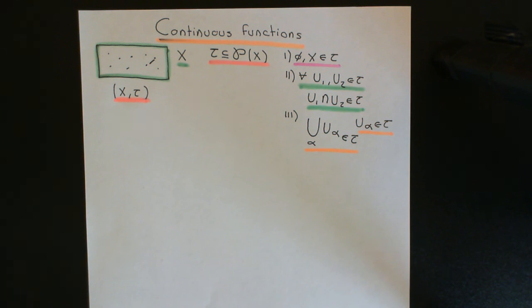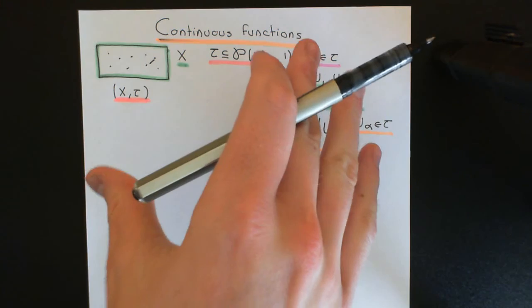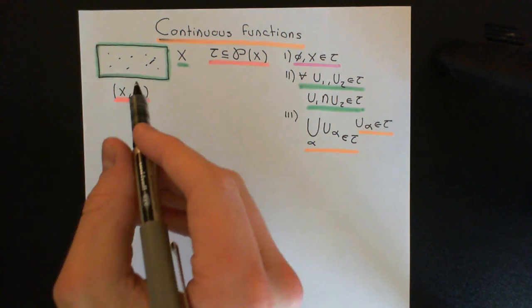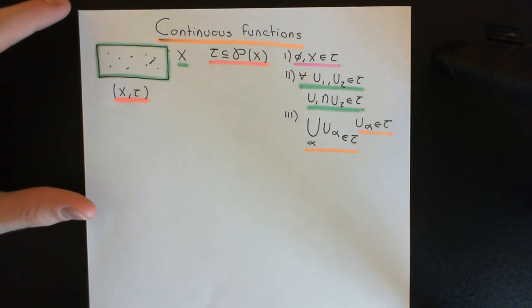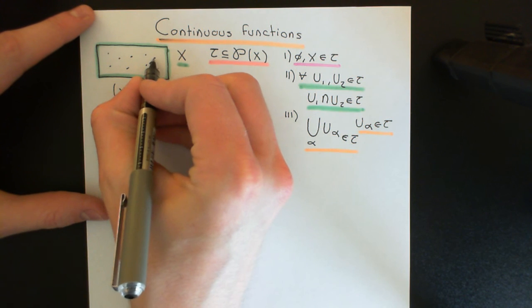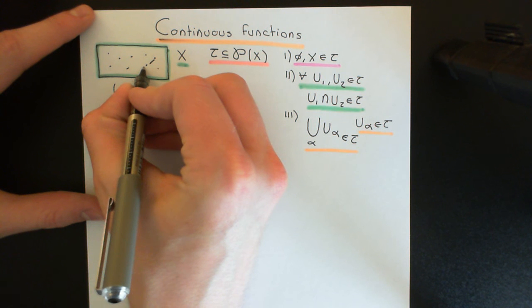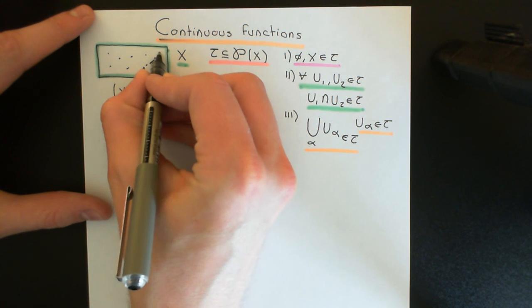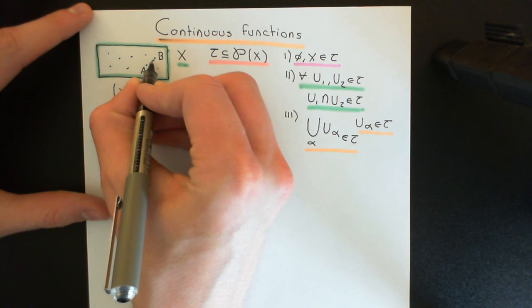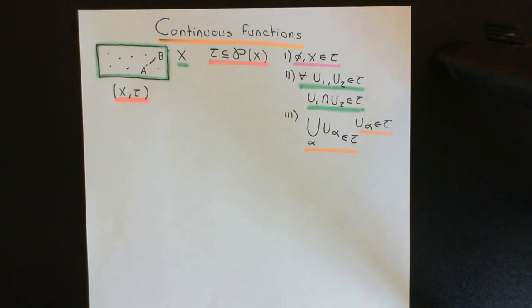Okay, well, the way that you can go from this set of subsets of the set capital X to a notion of which points are next to each other is that you can say that 2 points in this set capital X, so let's have a point A and a point B here, we can imagine drawing a line in between those two and saying that they're next to each other, they're very, very close to each other,